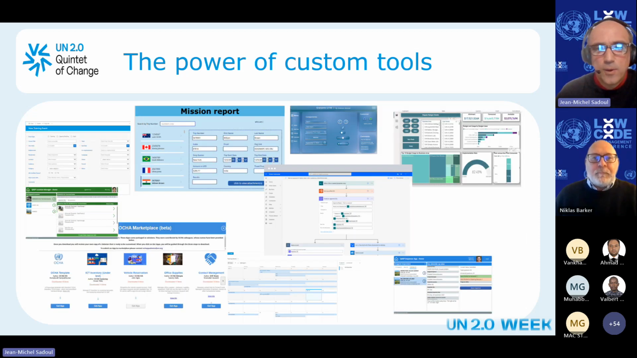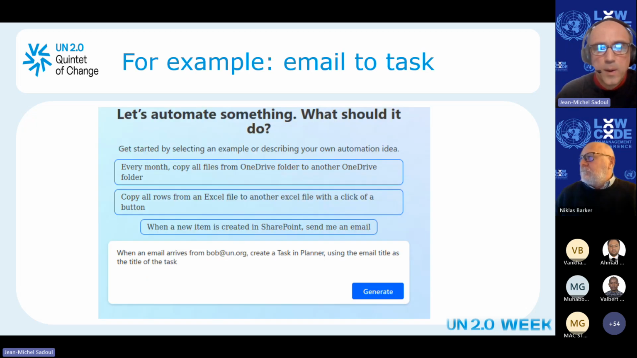There is the same thing with low-code. You have to build the tools that are adapted to what you do. They can be complicated or they can be very simple. For example, with Power Automate and using the assistant of Copilot, you can create very quickly a flow that, when you receive a particular email with a certain subject or from a certain person, it can create a task in